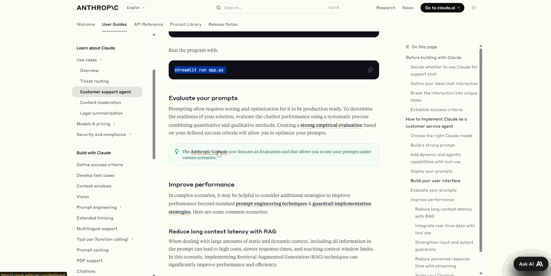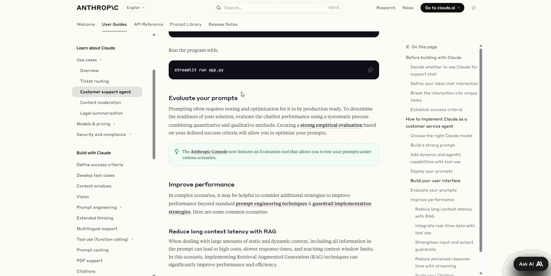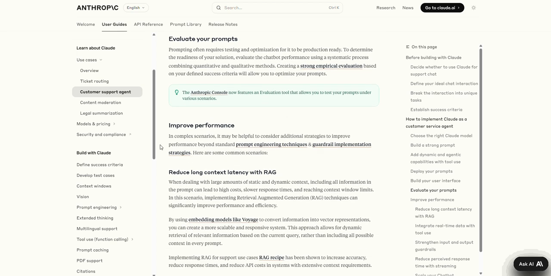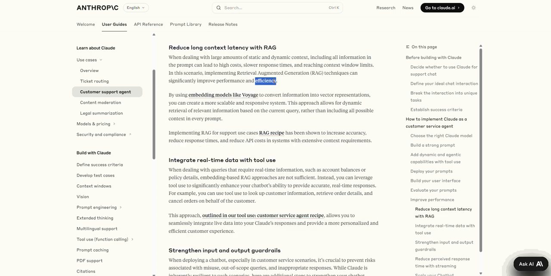To evaluate, we now have many points. To evaluate your prompt, it is important to run a lot of tests. You can use the Anthropic console to make additional validations, and it's interesting to test your chatbot extensively to evaluate it based on the success criteria that you defined for your chatbot in past steps. To improve performance, you can try prompt engineering, add additional guardrails, and it could be interesting to use RAG if needed,